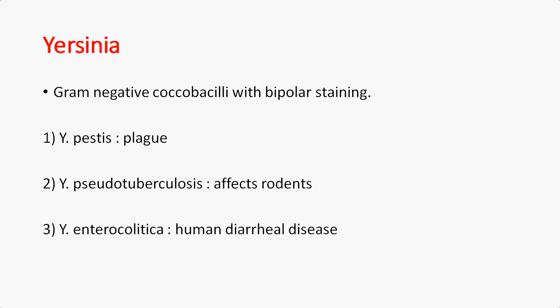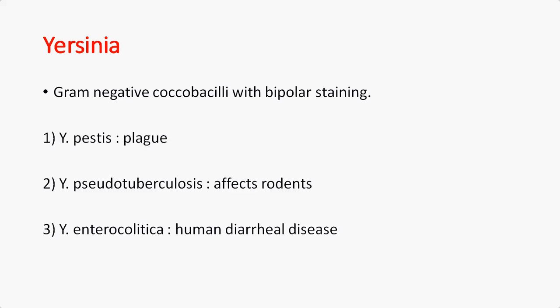Yersinia, as you know, is a gram-negative Coccobacilli with bipolar staining, and it is an agent of plague, a fulminant systemic zoonosis, transmitted from rodents by an arthropod vector, that is the rat flea. Yersinia pestis is a gram-negative Coccobacillus, and often it shows bipolar staining with methylene blue and other stains, and we are going to see what the stainings are. Pleomorphism of variable size and shapes can be observed in some of the Gram stainings, and they are non-motile and capsulated.